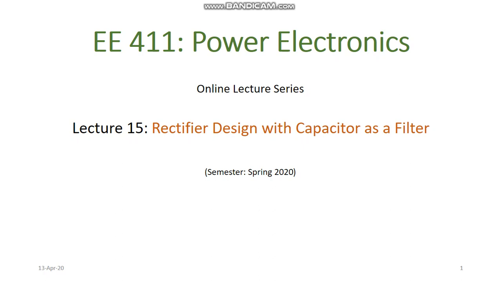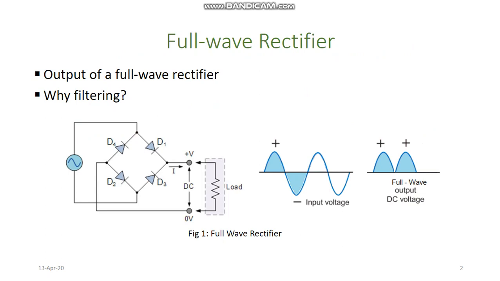Before moving towards the detail of the rectifier design and the capacitor design or its selection, we will review the full wave rectifier. So what kind of waveform do we get in case of a full wave rectifier? In case of a full wave rectifier, the circuit we will be using is this, in which we are using 4 diodes. If the input signal is like this, that is a sinusoidal signal, the output obtained will be like this, in which both the positive half and the negative half of the cycle are being rectified and a DC